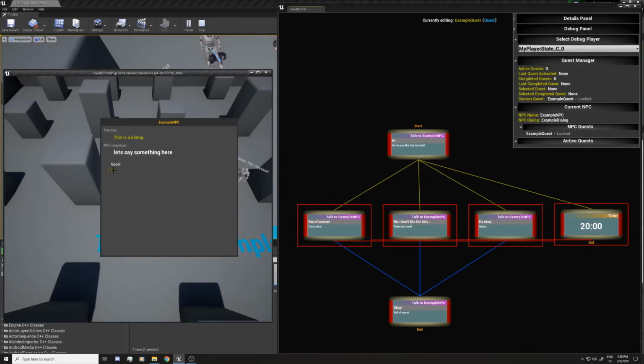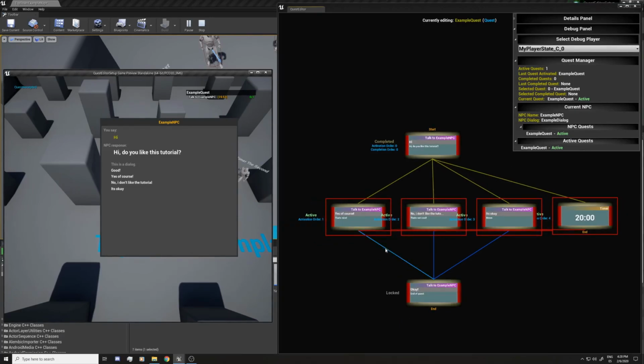So let's say hi in the quest, and you can see the state of the nodes that are shown in the editor. You can see this one is completed because I clicked it, and now I have 3 active options, and I have the timer that we made. I'm gonna select any of these. Do you like the tutorial? Yes, of course. There is no other option here. And you can see this one completed, and the other ones are disabled. The timer is also disabled,